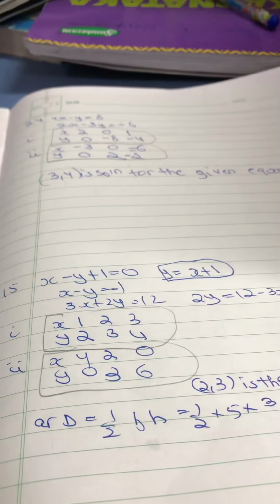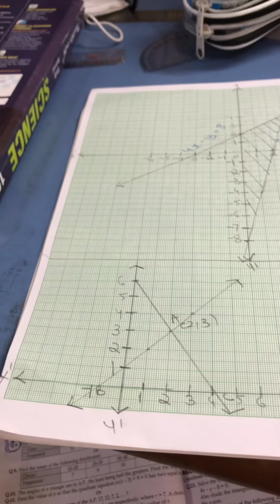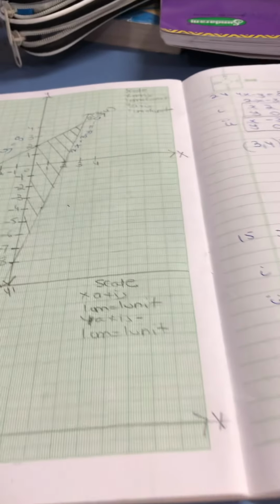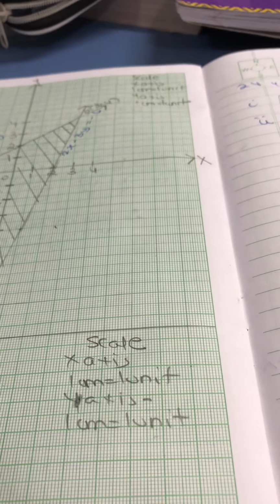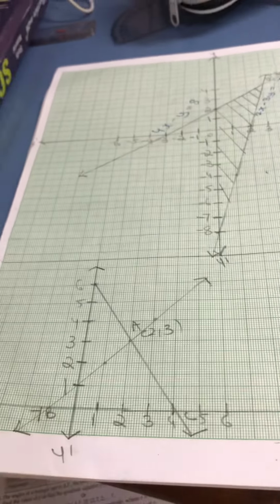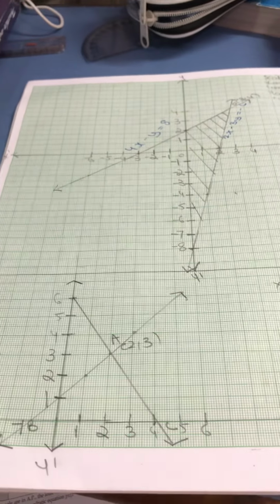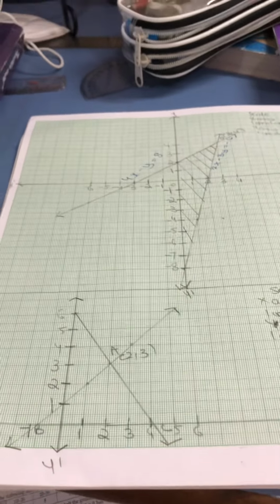So in this case, after plotting the equations, make the lines, write x, x dash, y, y dash, write the scale: x-axis 1 centimeter 1 unit, y-axis 1 centimeter 1 unit. And after you draw the lines, write the solution on your answer sheet. Do everything as the first. And now how do you find the area?